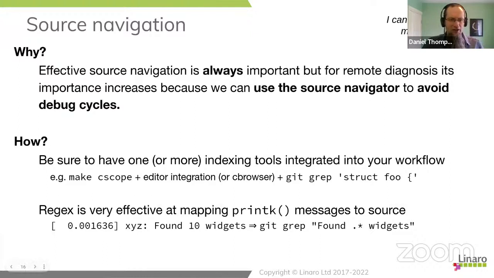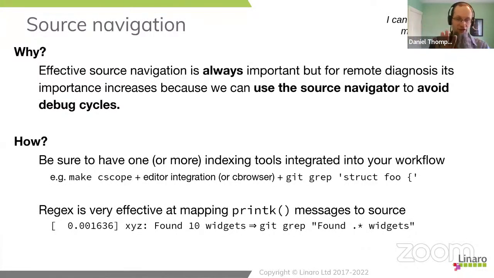So in this case, we've got a message. It's got a time tag, it's got a tag of some other sort, I'm just using XYZ in this case. It's usually the driver name or the device name. And we've said that we found 10 widgets. When we want to convert that into a regular expression, obviously we don't include the timestamp. We also do not include this tag. Two reasons for that are that a lot of the time that tag is dynamic. It has come from the device name, in which case it won't appear in the sources anywhere,